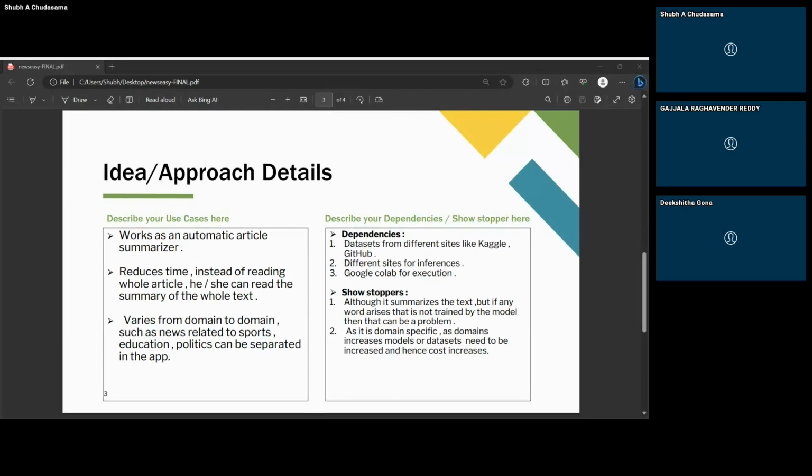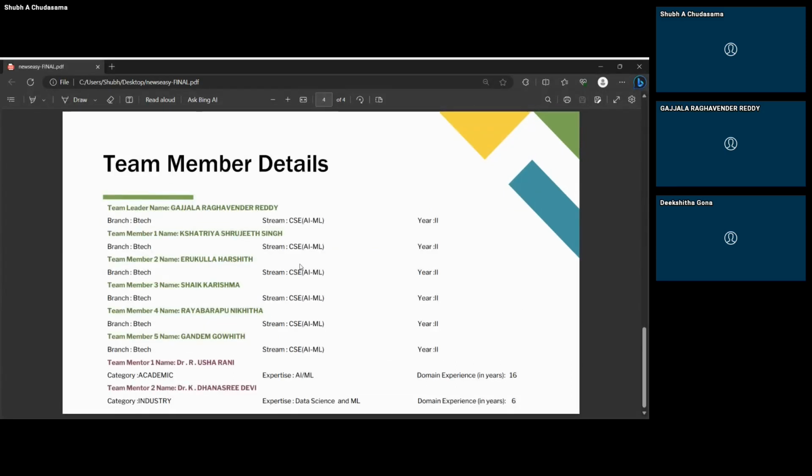And the last slide would be, of course, your team details, etc., where you have to fill it in. And after this, SIH people will ask you for your Aadhaar card details and your ID cards, where they want to check your original existence. And after that, you'll get a call from the SPOC of the nodal center which you get, and there you have to say your details. And no need to worry because the management will give you accommodation, etc. But if you stay 1 or 2 days extra in the same accommodation, you have to pay a charge. But if you stay in the specified time, that will obviously be okay.